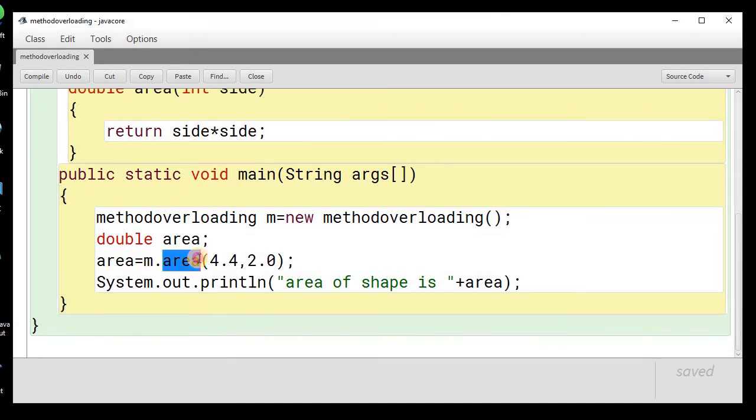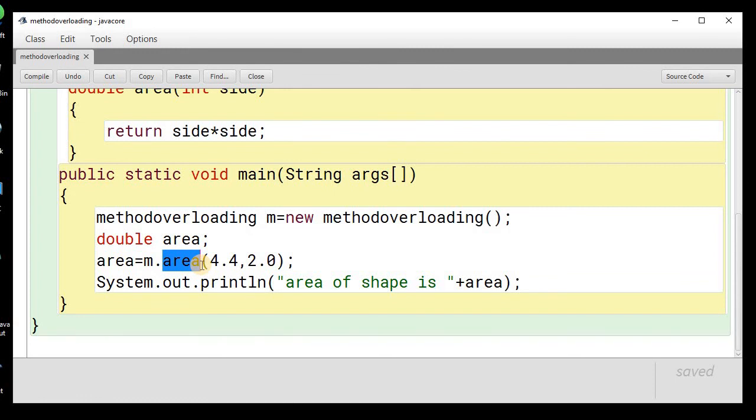This is the same name, and it is behaving differently in different situations. When we are passing an integer parameter, it is behaving differently. When we are passing a double parameter, it is behaving differently. And when we are passing two double parameters, it is behaving differently. So this is the beauty of method overloading.